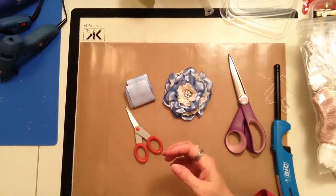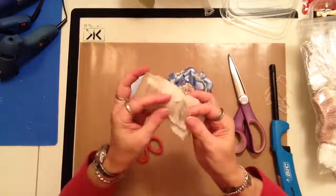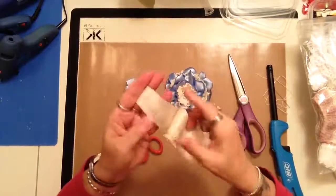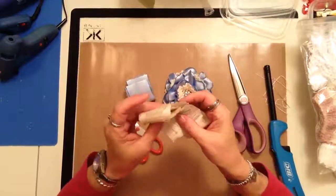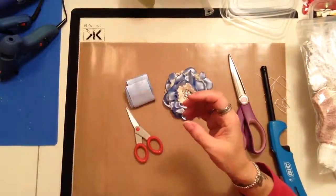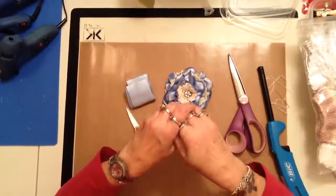I almost had to call the fire department. I tried using this material that I had also, which is kind of shiny on the one side, and it obviously is not the right material because I caught on fire immediately. So you don't want to do that. Anyway,